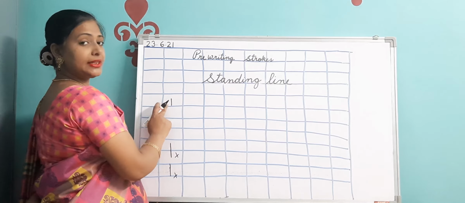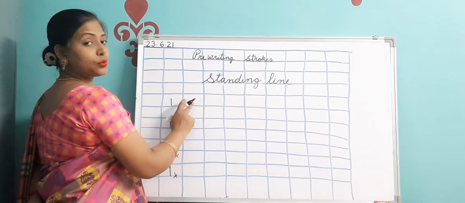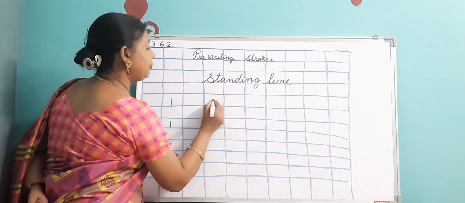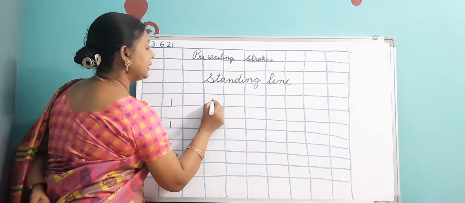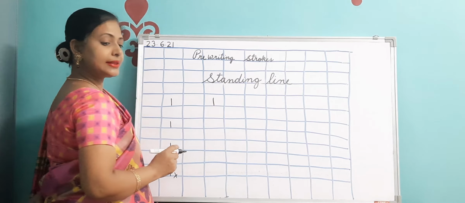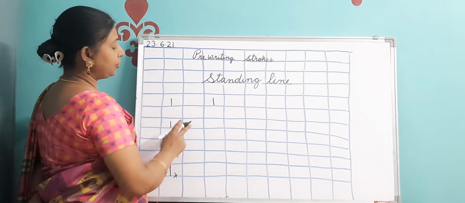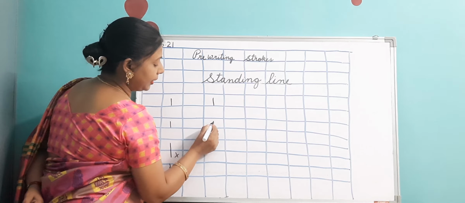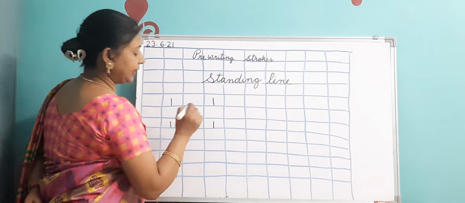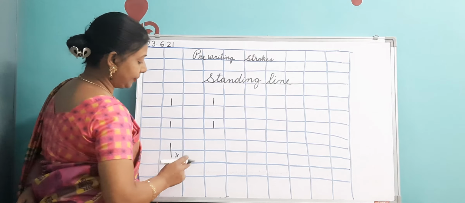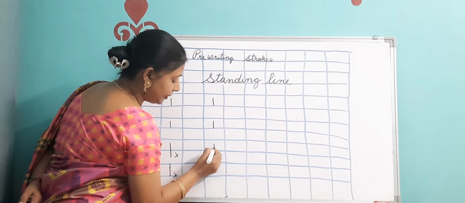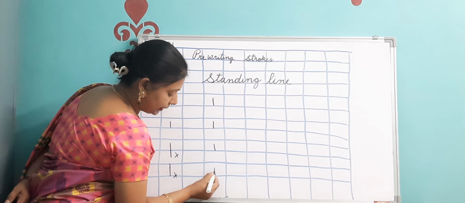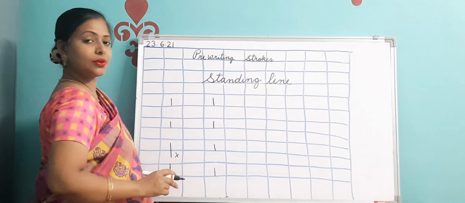Come to the next line. Again, you have written standing line here. You leave this square, this whole line you will leave. Leave this square, and then from the next square again you will write like this, standing line. Okay, got it, children? Once again, leave one square and again from the center draw a straight line like this. This is called standing line. Again leave a square and a straight line. Again leave a square and again a straight line like this. This is called standing line.